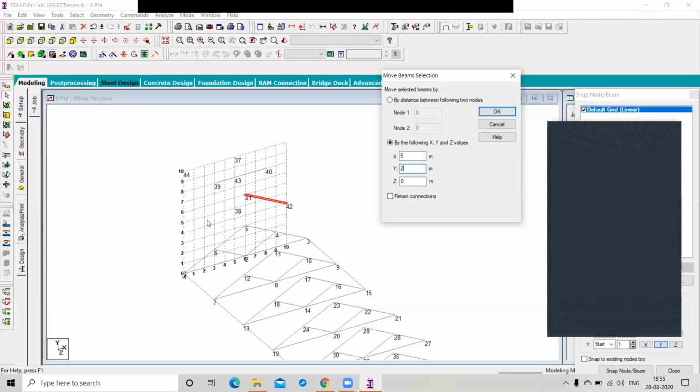Can anyone explain this? My question is, this is your beam which you want to move, right? And I want to move this by 5 on the x-axis and 2 on the y-axis.